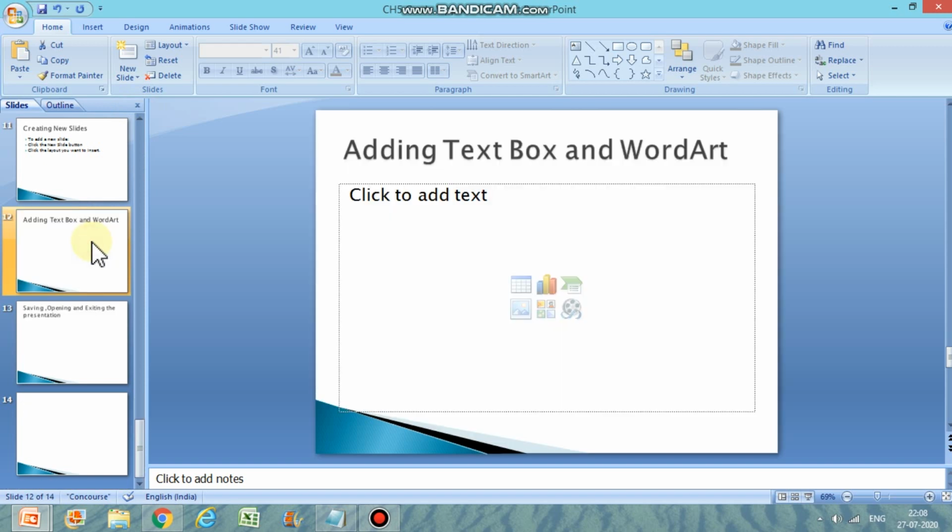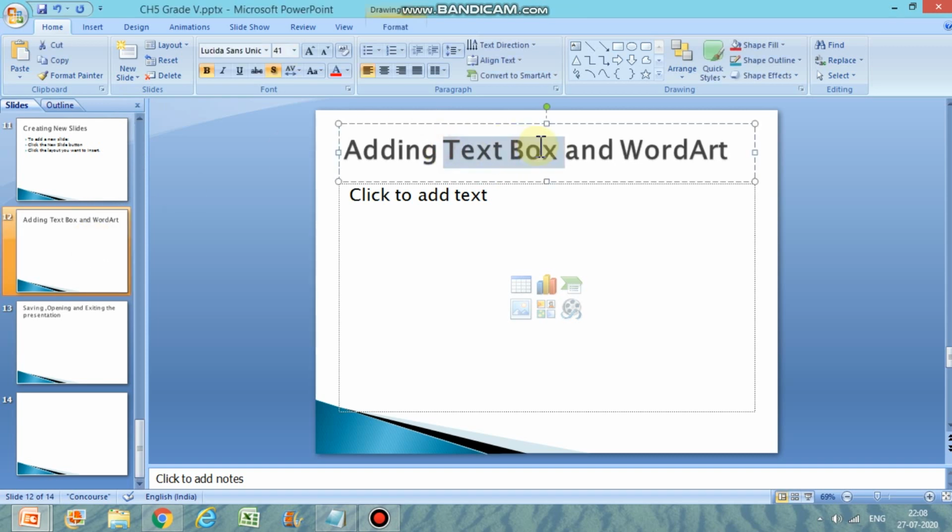Now adding text box and word art. What is a text box? A box in which we can write. And what is word art? Fancy art of writing, which means if I want to write in a beautiful, decorative way, that is called word art. So first, adding a text box. How can you add a text box? Whenever you want to add something, the first option you look at is Insert.